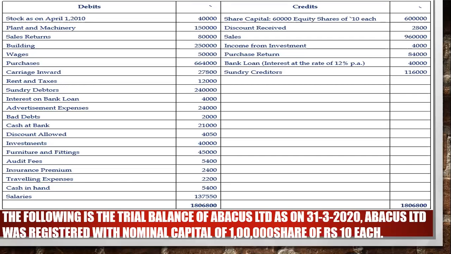So we have to find out the tangible assets over here. First one is plant and machinery, second is building, and the third is furniture and fixture. We have three fixed assets, so you have to calculate depreciation on these three assets. You can find the percentage in your adjustment.